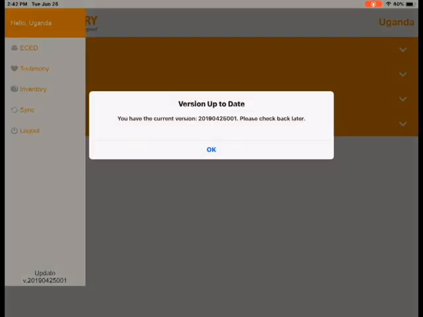So let's say you hit this and there was an update, then it would tell you that you don't have the current version. Would you like to update? And you would hit OK. And again, you just need to make sure that you have a good, strong internet connection for the time of this update. All right, friends, that is how you use our meal program on FileMaker,